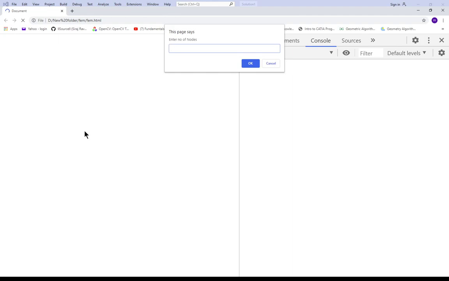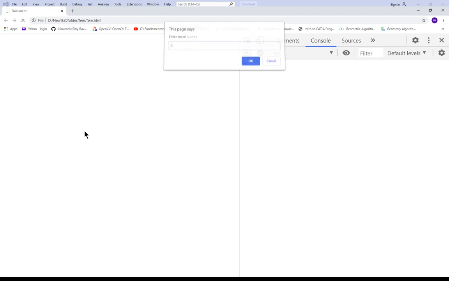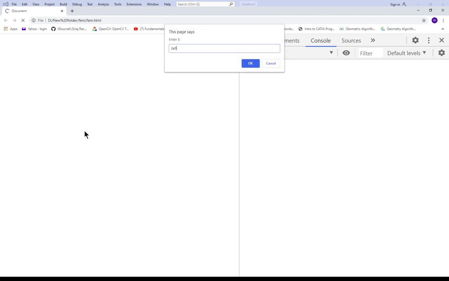Enter the number of nodes: 3. Enter the area 100, E 2E5, length say 200. Second area 50, second E 2E5, length again 200. First is fixed, therefore 0.